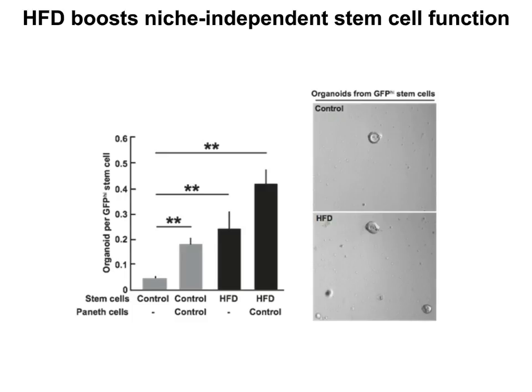So we then wanted to ask, in addition to quantitatively changing stem cell numbers, does a high-fat diet change the quality or the function of these intestinal stem cells? So to do this, we again used our organoid assay to interrogate how a high-fat diet altered the function of these intestinal stem cells in